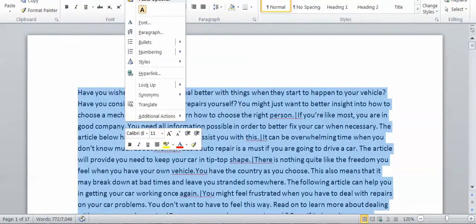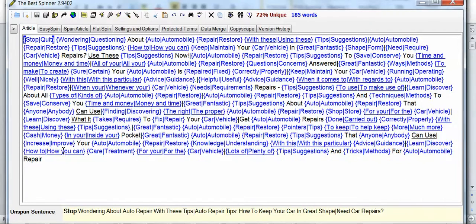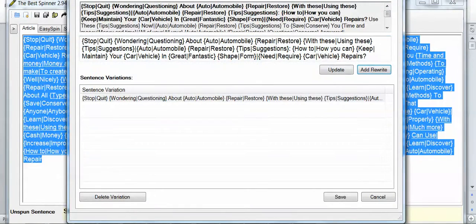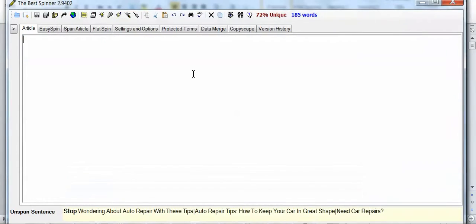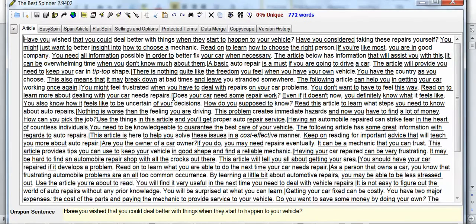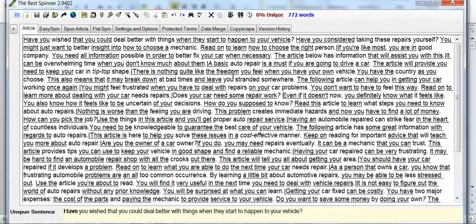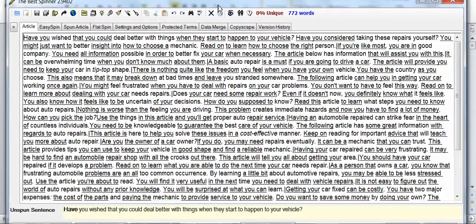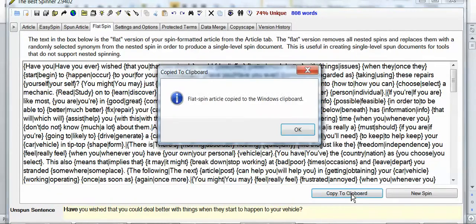Then I'm going to take this information and we're going to go back to the best spinner. We need to delete what has been there previously, and we add this into the best spinner and then hit the same process. Click the replace everyone's favorite button and then click replace. The best spinner will work away over the space of 4 or 5 seconds and then it will return this. Hit flat spin, copy that,